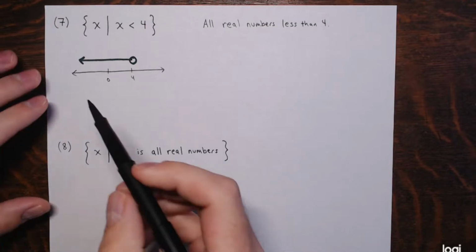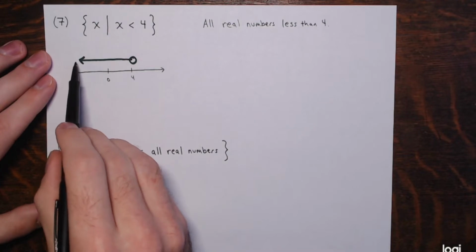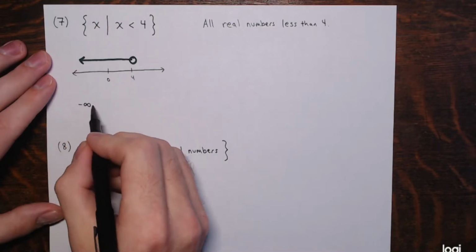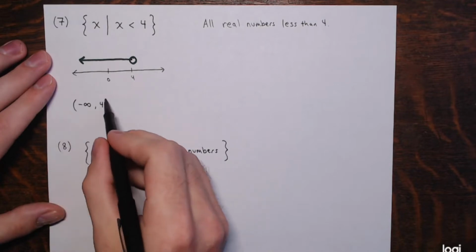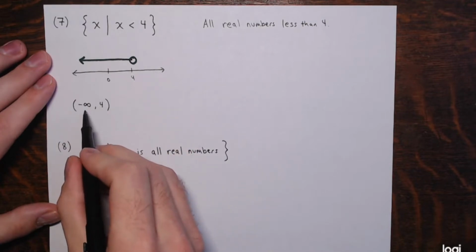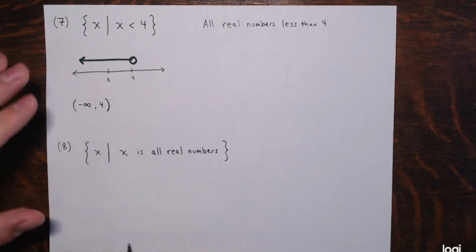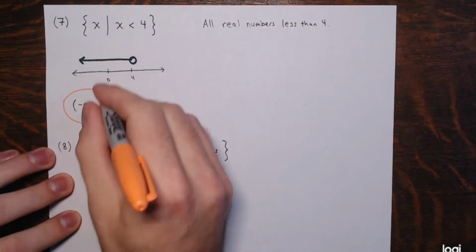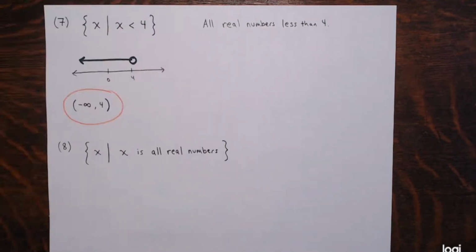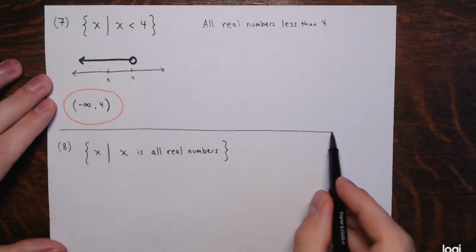And then the interval notation for this, again, low to high, there is no lowest end, so it's negative infinity for the left end, and then it goes up to 4, and parentheses on both. Always parentheses on infinities, and you put parentheses on the 4 because, again, it's not included in the set. And here's the interval notation for this set of numbers being described: all the real numbers less than 4, but not including 4. All right, then